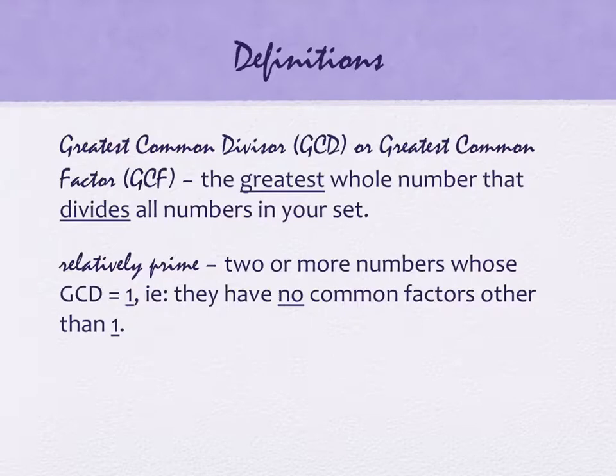I've used this phrase multiple times now, relatively prime. Relatively prime numbers are two numbers who have no common factors but one. Everything has one. You can also talk about them having nothing in common. I think I've used that phrase before. There's another phrase once we get into least common multiples that can be used to redefine this in terms of multiples, and we'll talk about that later, okay? But relatively prime, numbers that have no common factors other than